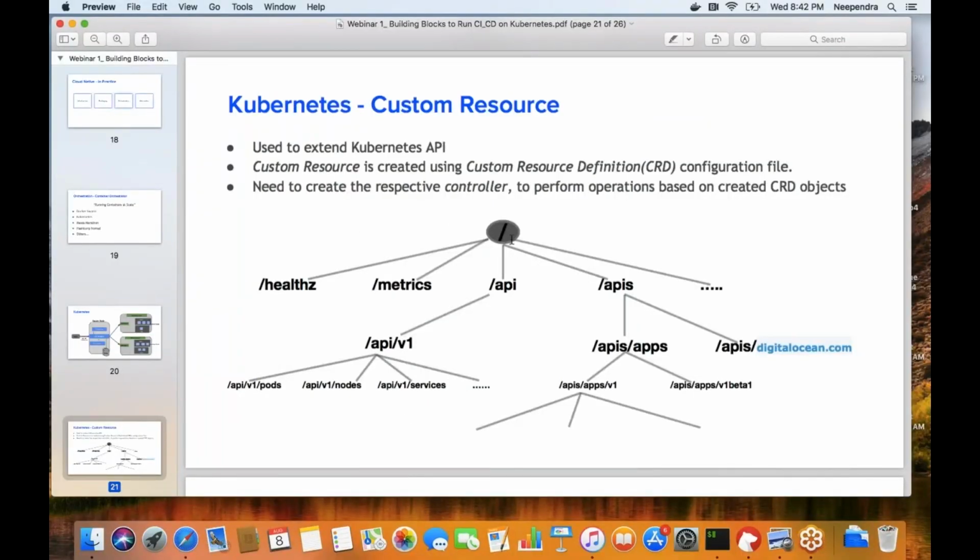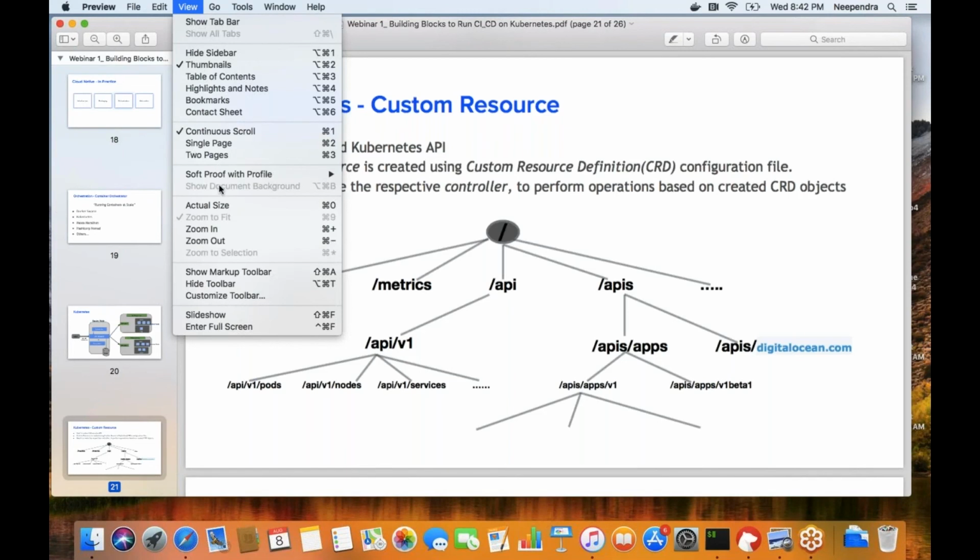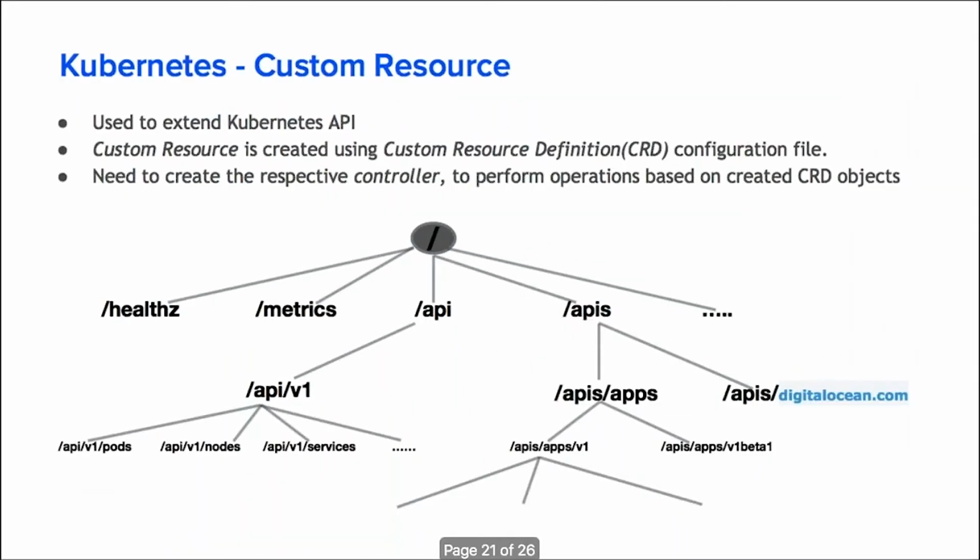And if you look at this particular diagram on the screen, you could see them. For example, this apps group, which we have discussed, has the v1 endpoint, and there's a v1beta1. So for a given API group, you can have different versions like v1, v1beta1, and so on. And inside those API groups, you have objects. For example, pod is an object here, which is under /api/v1. We refer to /api as the core API group, while others are referred to as /apis, like apps.